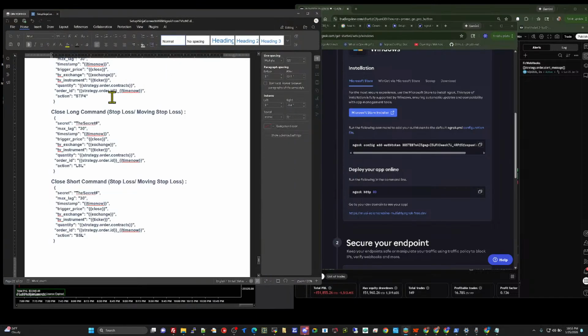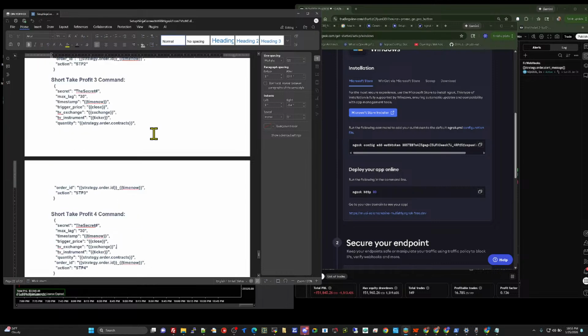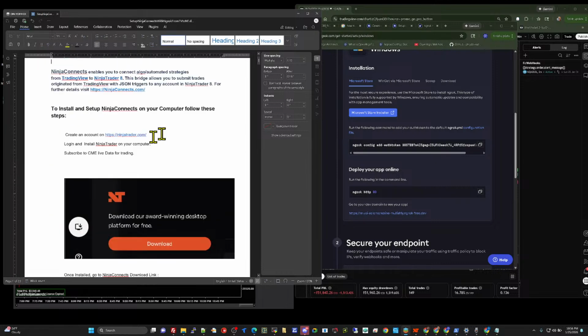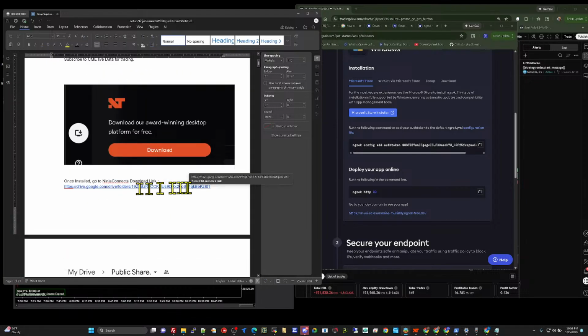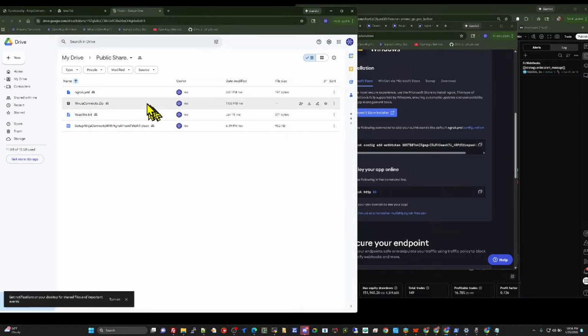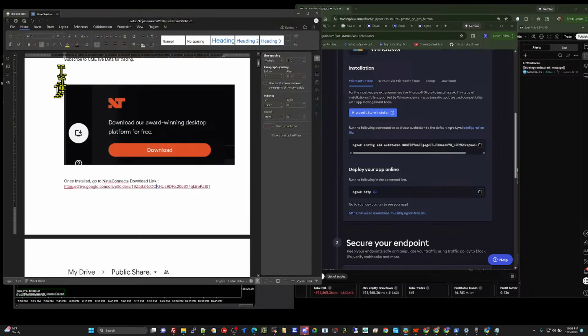Now, this document itself resides in the same place where NinjaConnects resides. So when you go to this place, you will find NinjaConnects.zip, readme.txt, and setup NinjaConnects with ngrok. There is a complete setup defined here